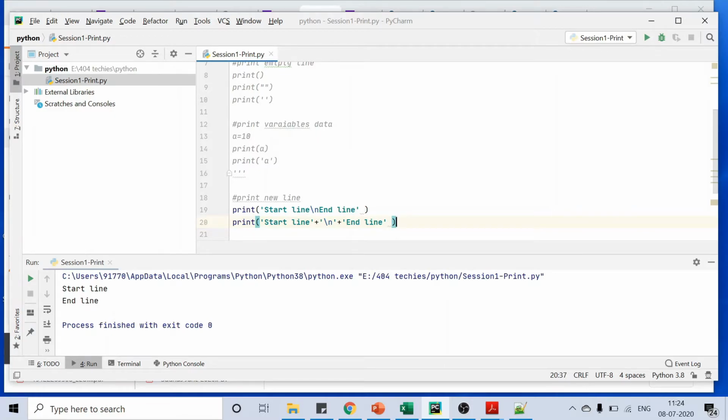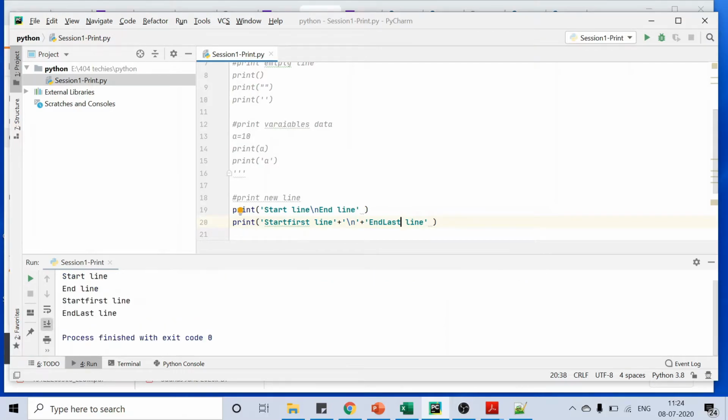The same thing I'm trying to achieve here, start first line and last line. You can either do it in this way or in this way. Let's run now. So, start first line and end last line.